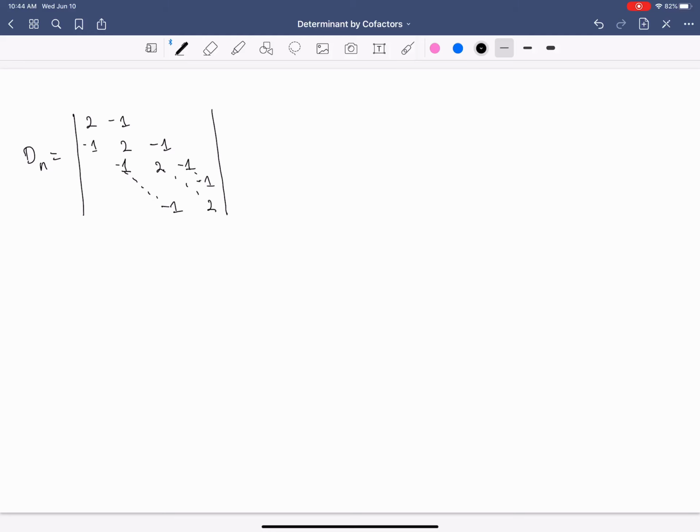All right, so I'm going to do expansion along the first row. That says I have 2 times the smaller matrix, right? I remove the first row and the first column. That is exactly the same matrix with the same pattern, only the smaller size, right? So maybe I can just write here dn minus 1. And then when I go to the second term, I remove the first row and the second column, and I get